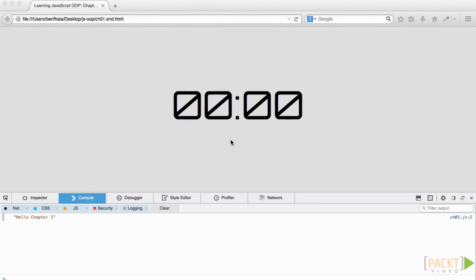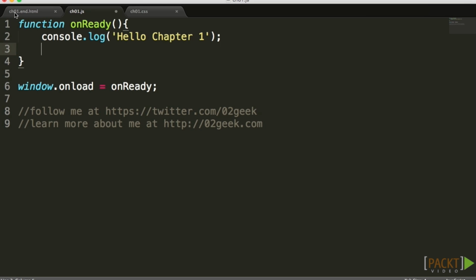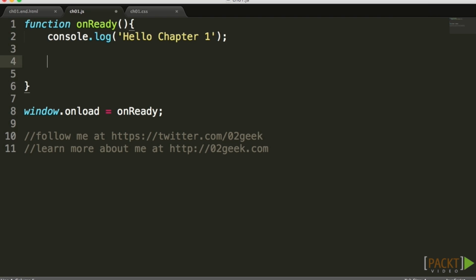Ready? Because now we're going to see the first object in our course. Well, actually we've seen an object, but we didn't create a new one. We saw the window object, which is an object that represents our whole window. Now, inside of our onReady, we're going to be working a lot with the console log because it's going to help us see things as we're working through. What I want to do is create a new variable, and I'm going to call it date,